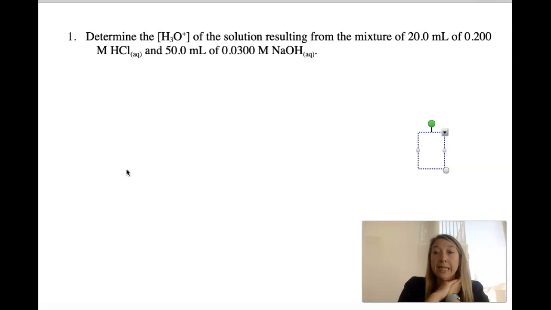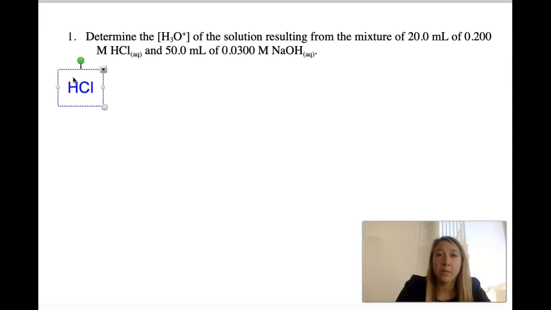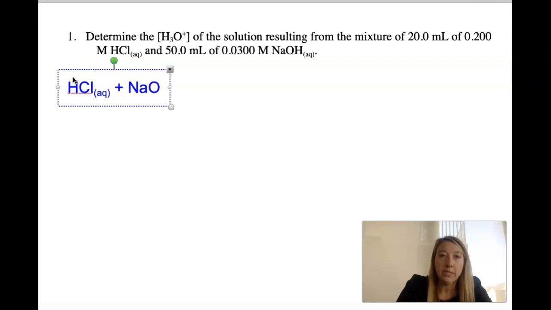This doesn't look like it, but this is technically a limiting reagent question, right? If you remember back to last year with some of those limiting reagent questions, we talked about how much remains. That is what these questions are getting at, and they do sometimes pop up. So start by doing the same thing as always. We're going to write our balanced chemical equation. So we have HCl(aq) plus the NaOH,